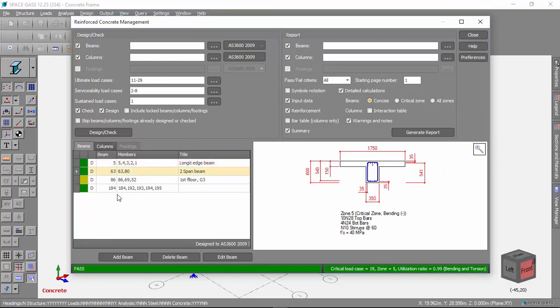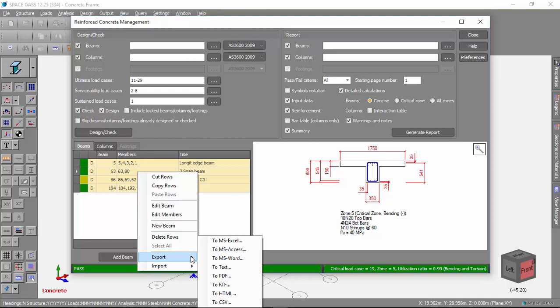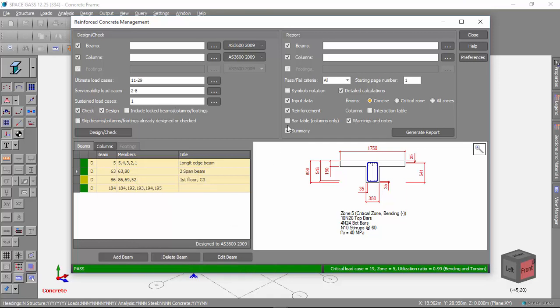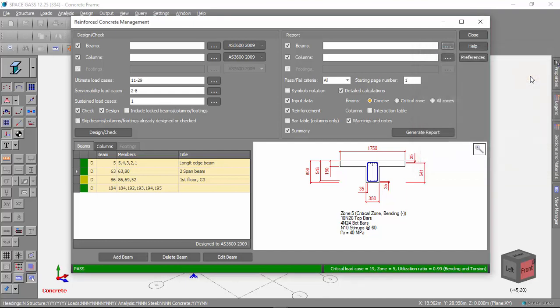Another useful thing about the table is that I can use it to export the data to other programs. So if I just select all of the beams and columns in this table and then right click, you can see I can export that to other programs, and similarly I can import back into the table from Excel or Access. You can also create combined reports of beams and columns and subsets of them if you just list them individually, and you can set up whichever parts of the reports that you want to include. So once you've ticked all those boxes, you can generate the report,